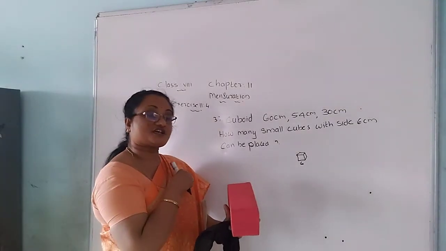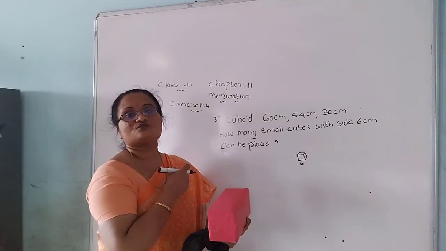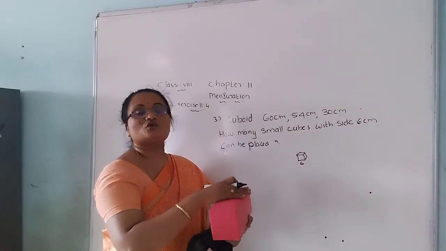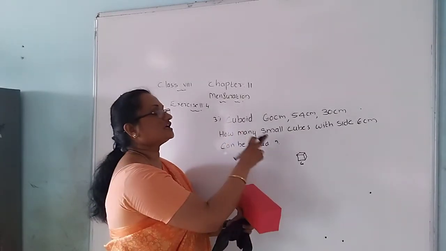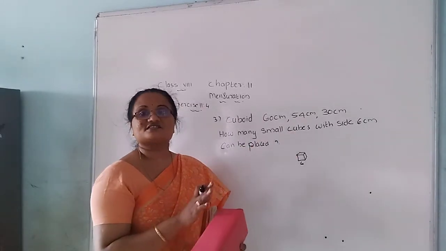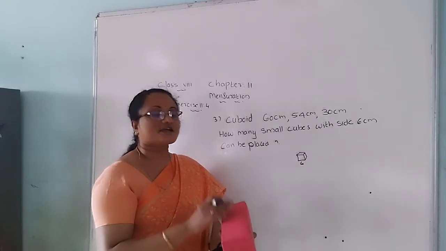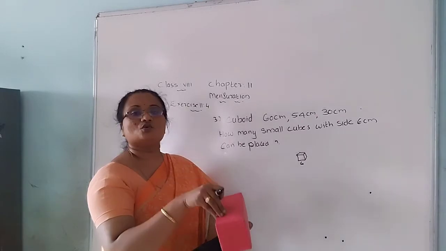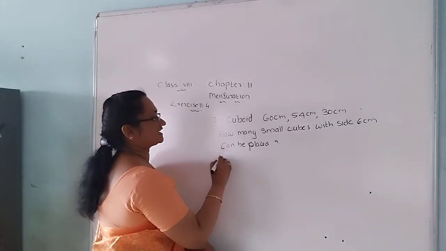How to find out? First we find out how much capacity this box has. What is the capacity? Capacity is volume. First you find the volume of this cuboid. That is divided by the volume of one cube. One cube's side is given as 6. So we find one cube's volume and divide, and we get how many cubes can be placed inside the cuboid box. So first, the given hints, right.